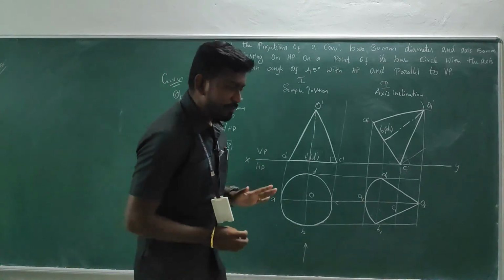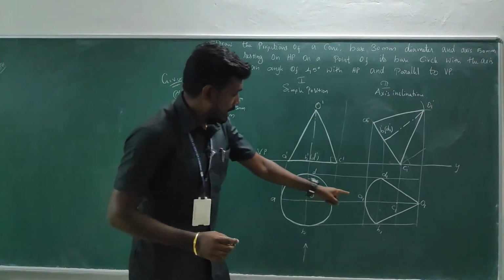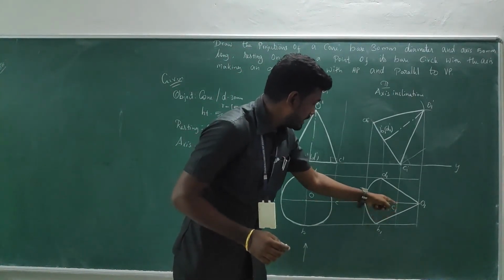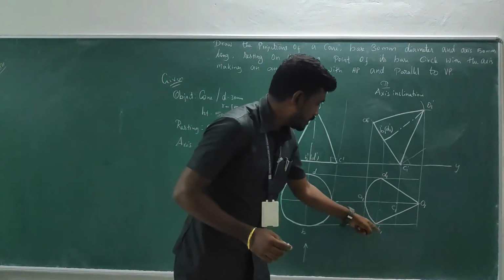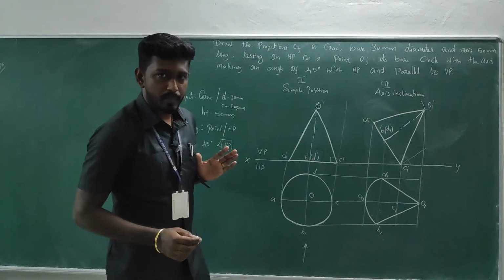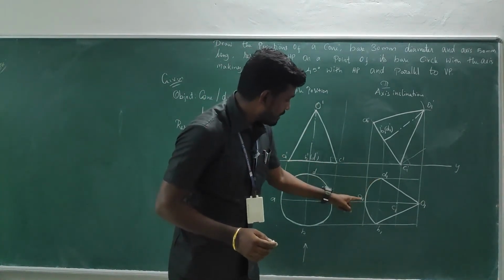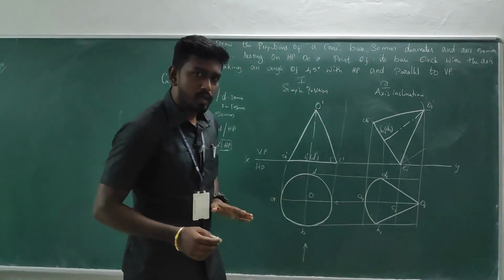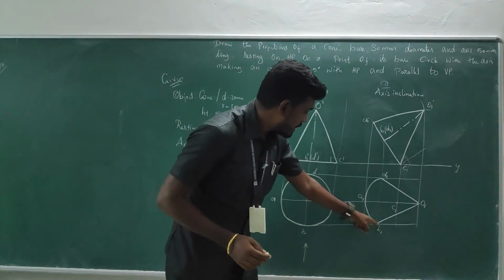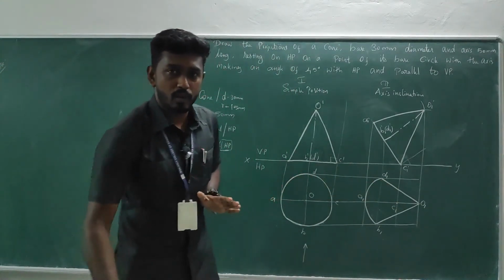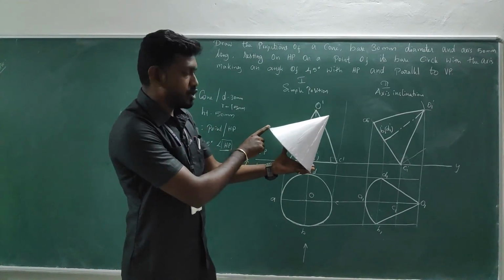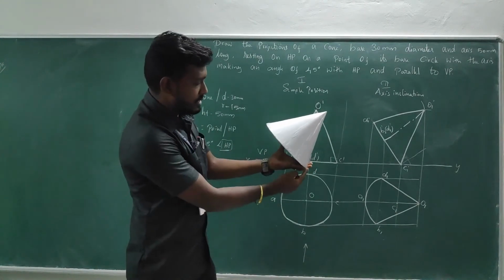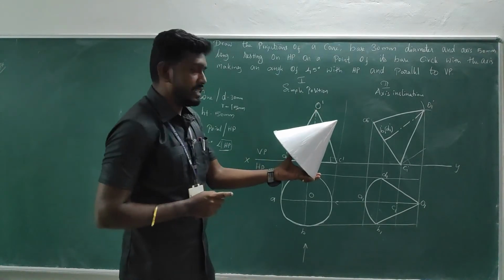So here the base is concerned. A to B, B to C, C to D, there will be a connection. Partially in the boundary we have completed A to B and A to D. Two more things need to be connected, B to C and C to D. So when you are keeping the object like this, this would be A, this would be B, this would be C, and this would be D.